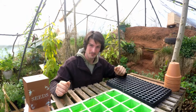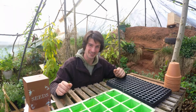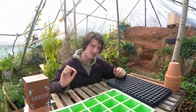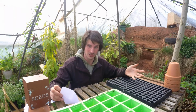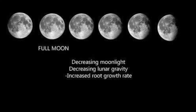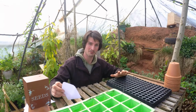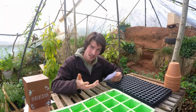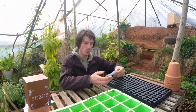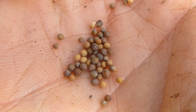What I'm doing here today in the greenhouse is planting seeds. And like most things that I do, I plant seeds in a rather unusual way. Well, today, according to the lunar calendar, it's a good day for planting kale and Swiss chard and spinach seeds. So I have to wait for 3 days or so before I can plant the other things I'd like to plant. But today I'm planting kale seeds, and the way I do it is, oh, these seeds are tiny,